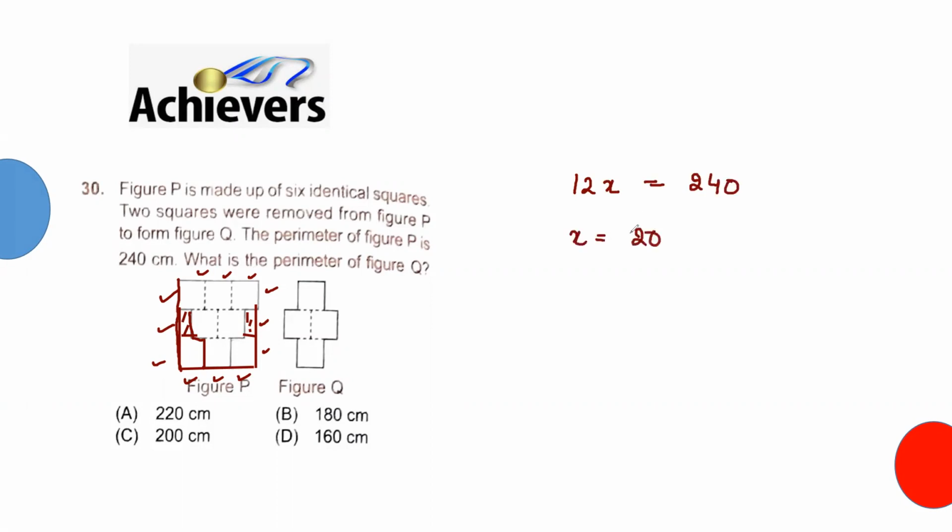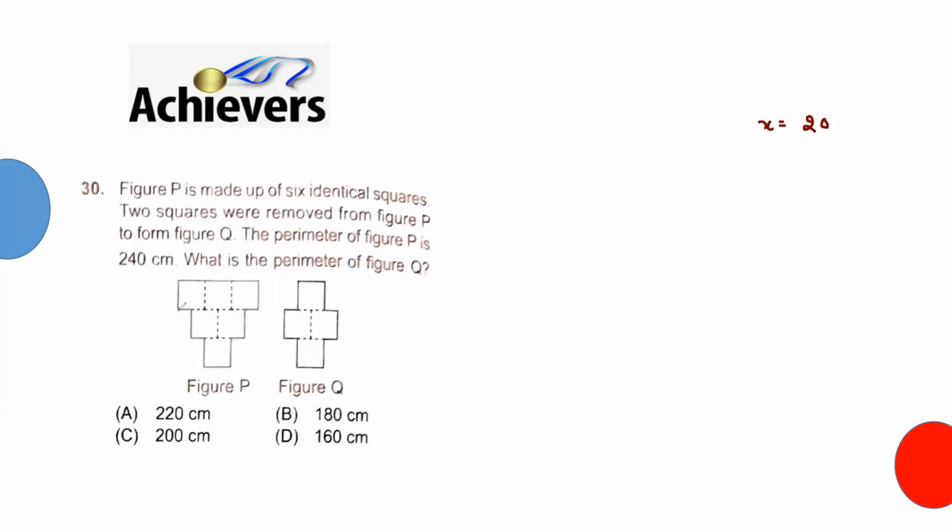20. Did you understand this part? That this makes you understand x is equal to 20. So see this part and this part, and then this part and this part, just complete the square. So total is 20, right?